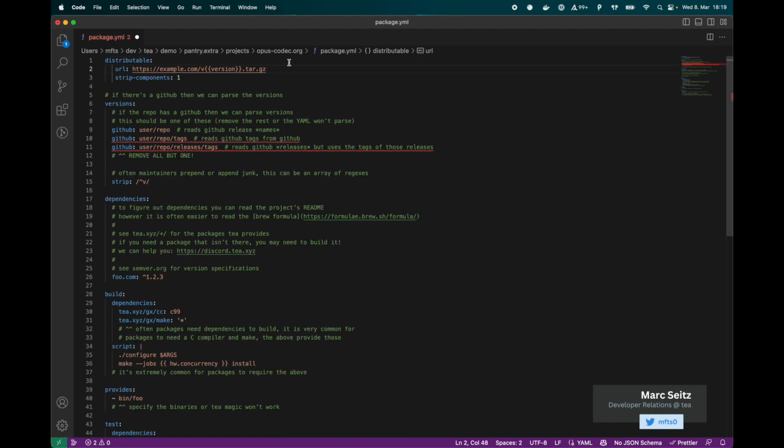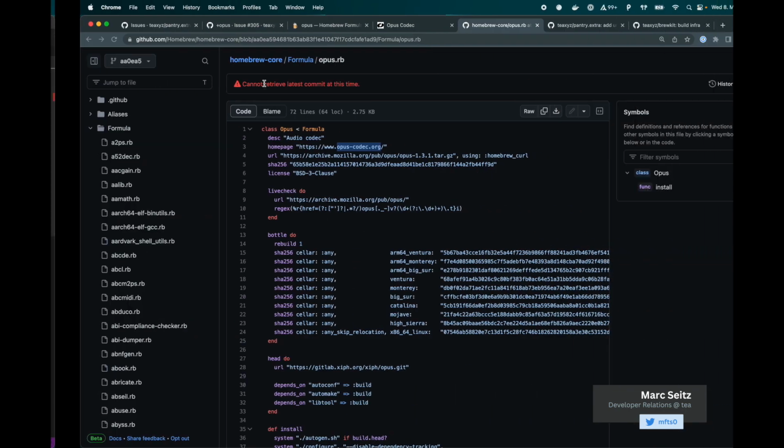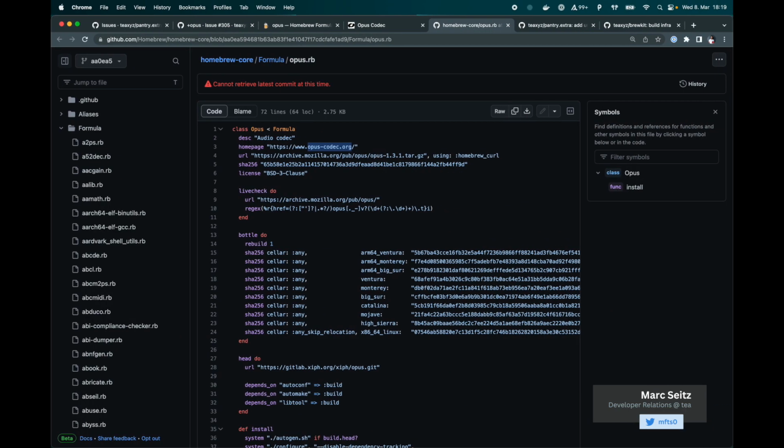I'm actually going to delete all of this here because it's too much green and it bothers me. Makes it hard to read for me. And the first thing that we want to add here is the distributable URL. That means, where do we get the tarball from, with the source code that we can